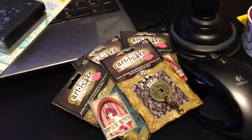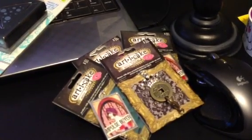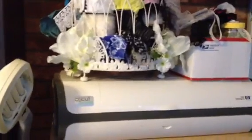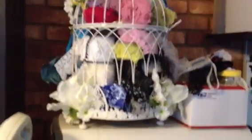And quickly I will show you my now full bird cage, and hopefully I can turn you around without, oops, sorry everybody, without getting you dizzy. So here's the bird cage, and it's sitting on top of my Cricut. So if I want to use that Imagine, I'd have to move it, and I've been moving it a lot. So I have to have it hang, and it's going to hang from this trim right here, and I'll use the chain to make it a little bit lower so I can actually reach it. But now it won't have to rest